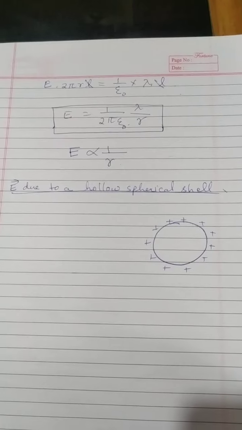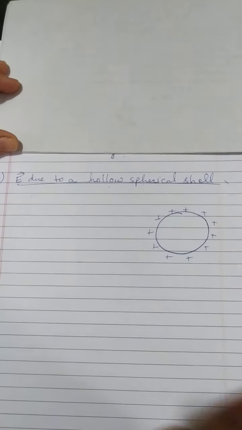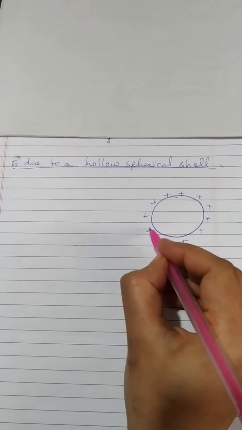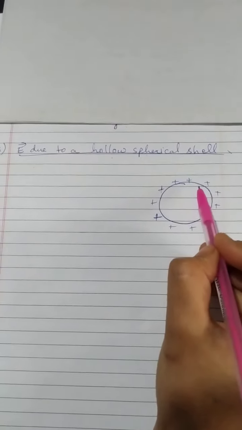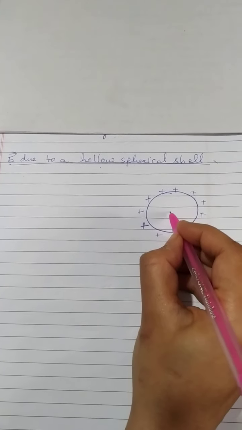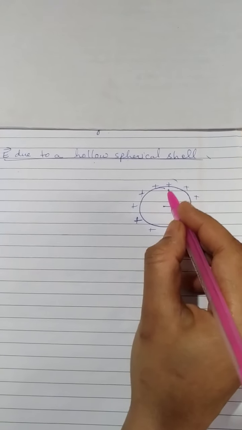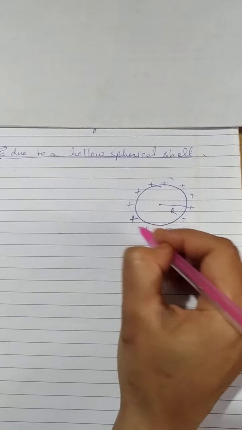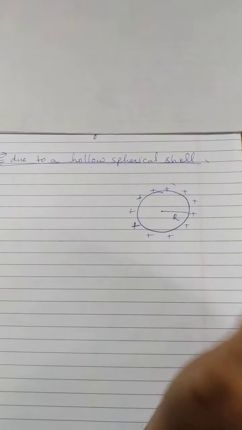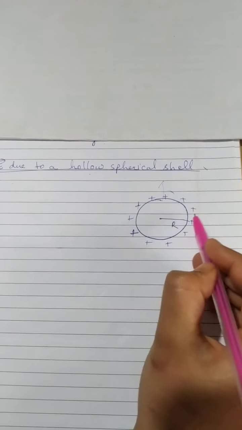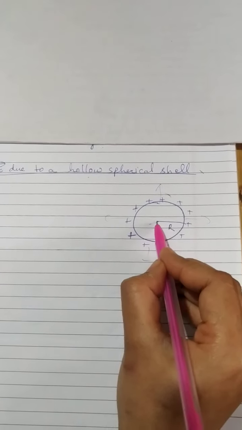Now we'll move on to the third application of Gauss theorem, where we find out electric field due to a hollow spherical shell. One property you should keep in mind here is that charge always resides on the outer surface of a hollow shell. Okay, so let us consider a thin spherical shell of radius capital R, with a positive charge Q distributed uniformly on the surface. So this total charge comes up to be Q. And the electric field is radially outward from every point on the surface. So here E will be this side. This means radially outward.